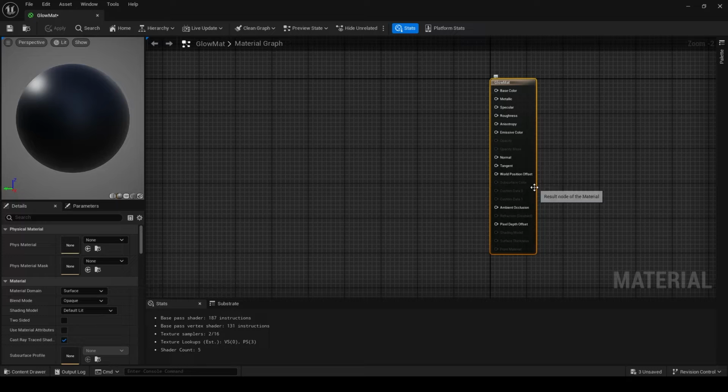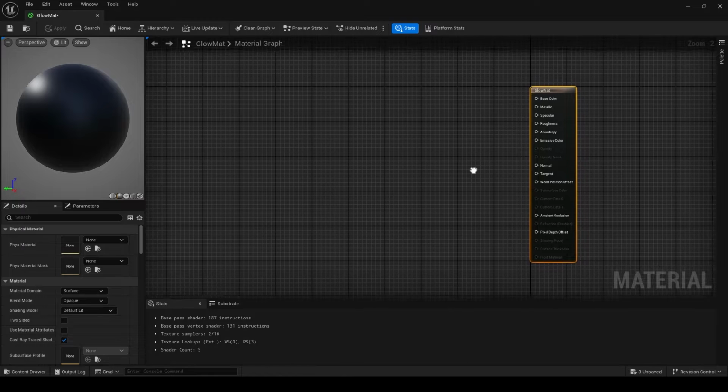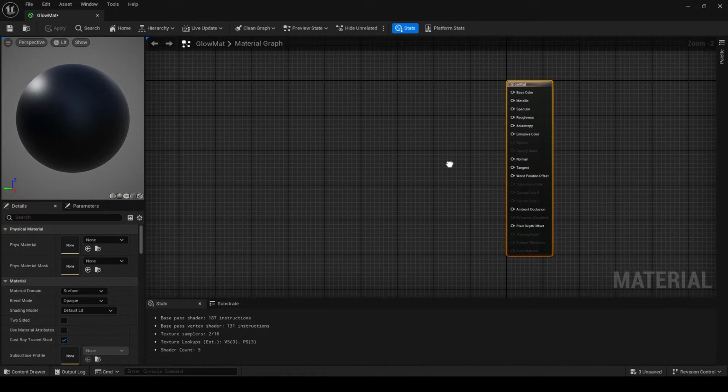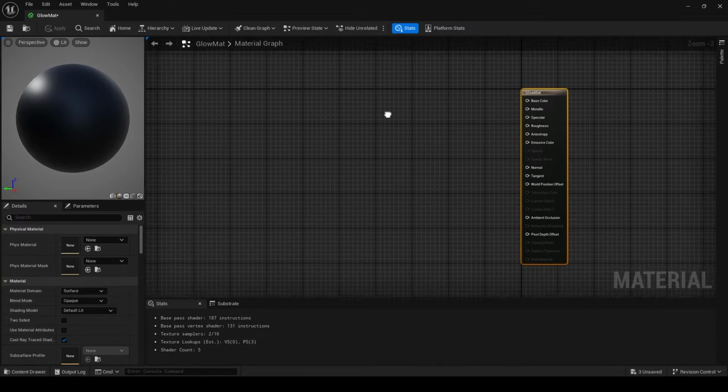Hi everyone, in this video I will show you how to create a glow material which you can use to make sparks or different glows inside Niagara. It's a really helpful material and you can use it for a lot of emitters. So let's start. First you have to create a material inside the content drawer, and this is the main viewport